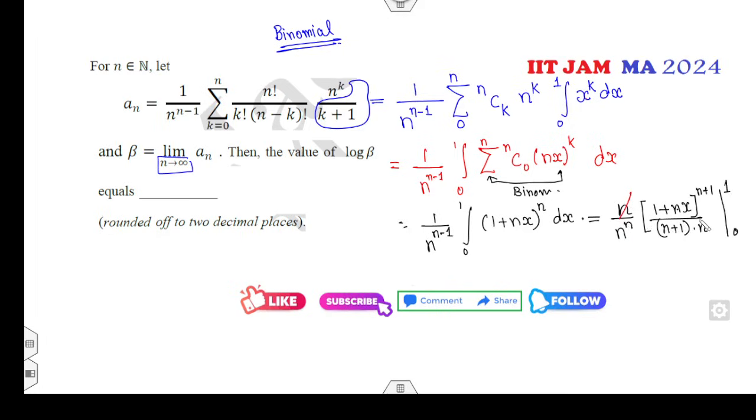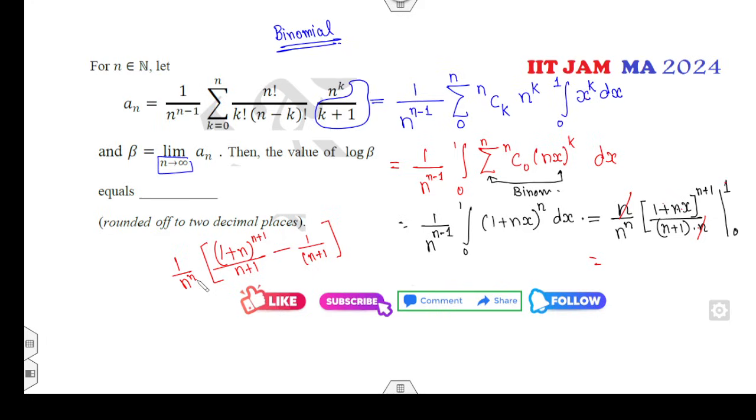So this value of n will be cancelled out. If you substitute 1, that will be 1 plus n raised to power n plus 1 divided by n plus 1. If you substitute 0, it is 1 over n plus 1, and outside is 1 over n raised to